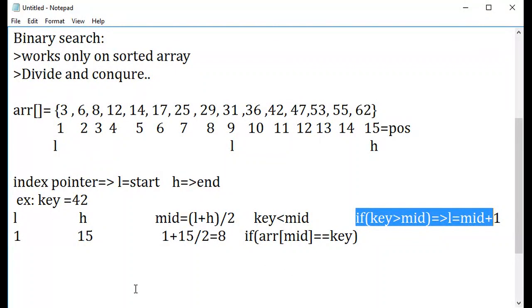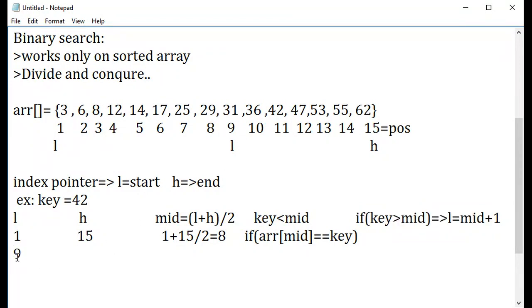Good. Okay. So once I'm incrementing my lower bound, what happened? Go to position 9. So let me have my lower position at 9, and the higher position is not going to change. Let your higher position be at the same point. And right now let me find the mid value for it.